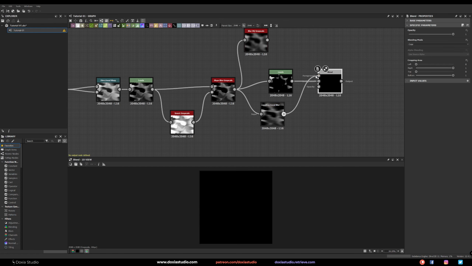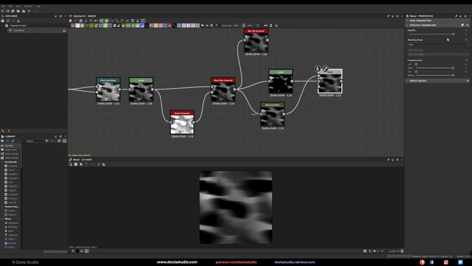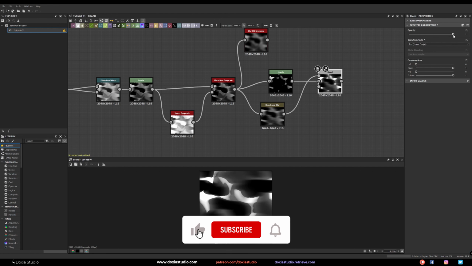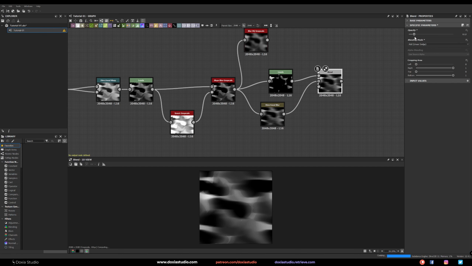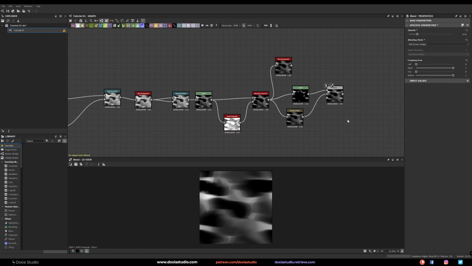Right now it's just experimenting. Now, instead of copy, let's add. And we got that, looks like fire. Maybe not that much. Let me pick this here. Something like that. That's cool.